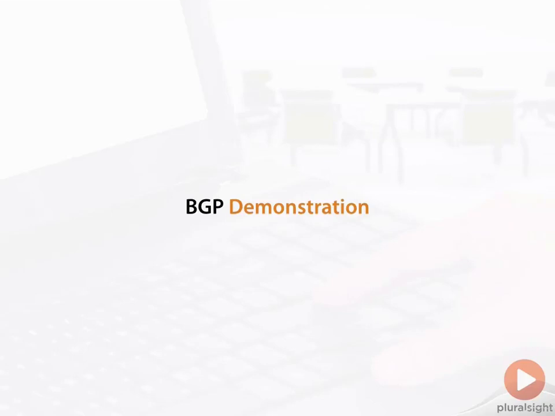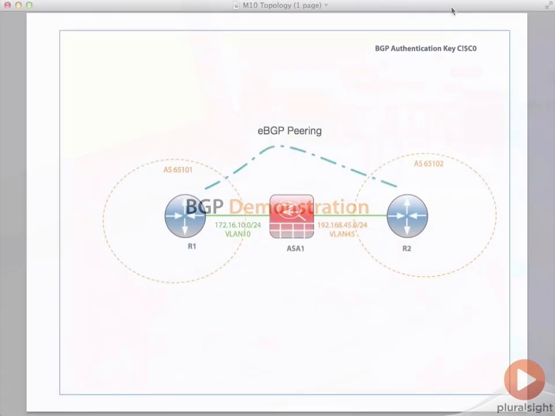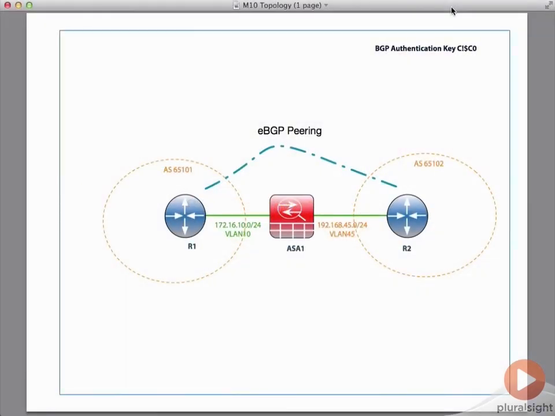Let's look at how to configure BGP neighbors in a simple lab example, and also how to configure the BGP authentication. Okay, so this is our modified topology, and in this new topology, what we've done is we've moved router